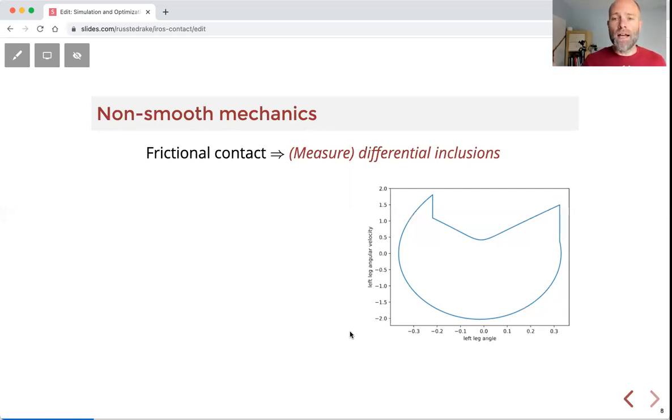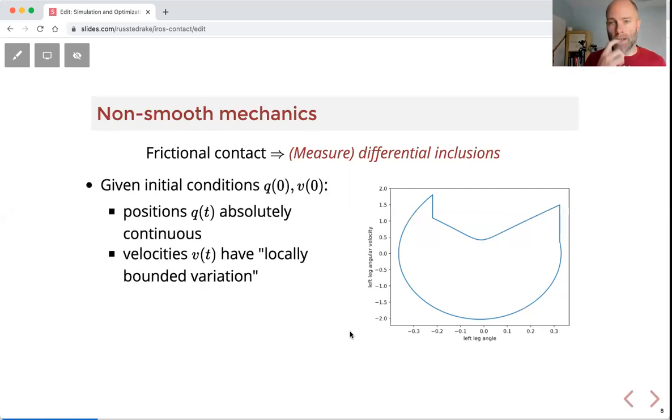But in the class of second order mechanical systems undergoing these dynamics, we understand, or we carefully model, the evolution of trajectories in these systems. If you give me an initial Q for my positions and V for my velocities, then Q, the positions, evolve in a continuous way over time.